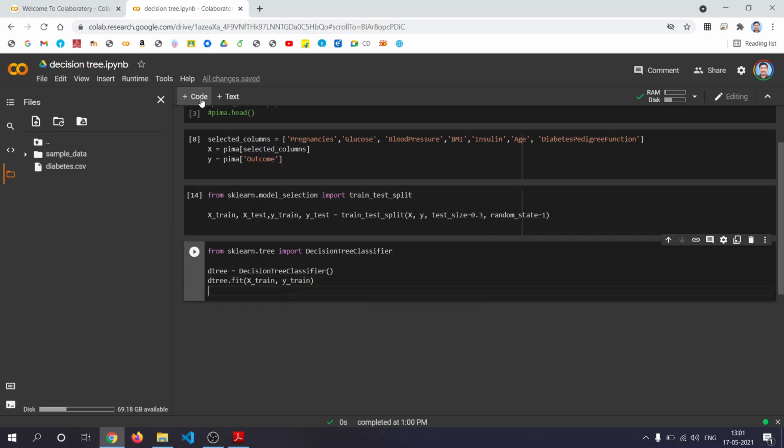We'll start the training process. Then y_pred, you can just predict using your model, d3.predict(X_test). That's it.